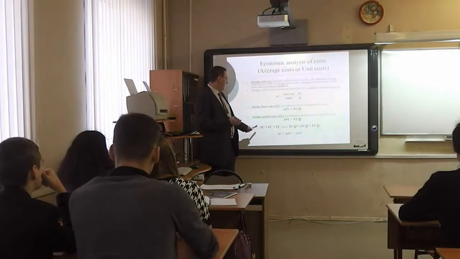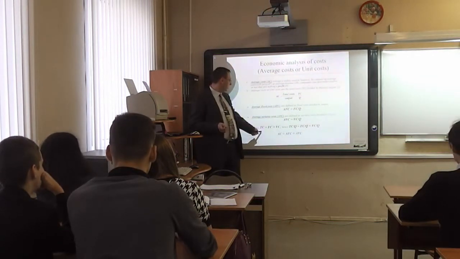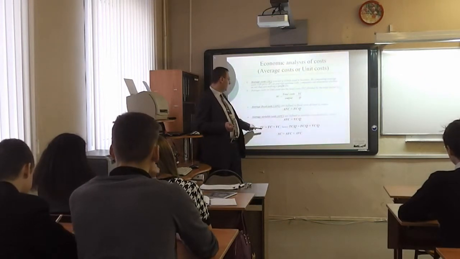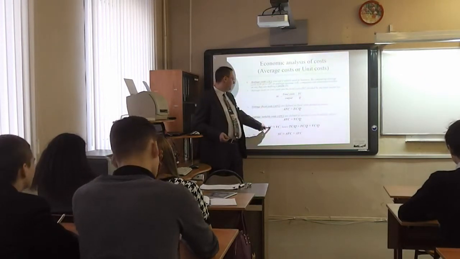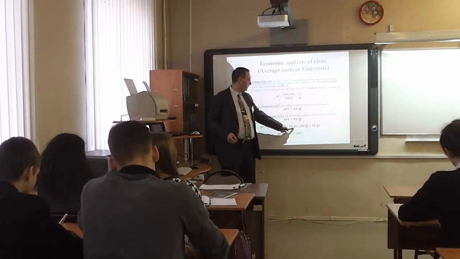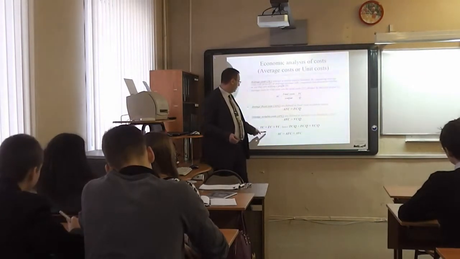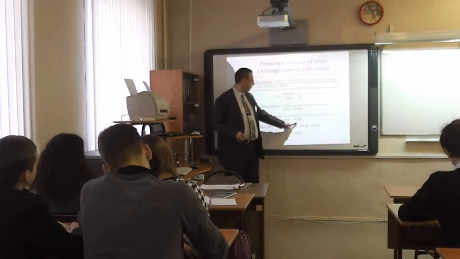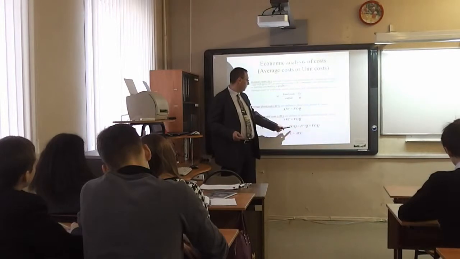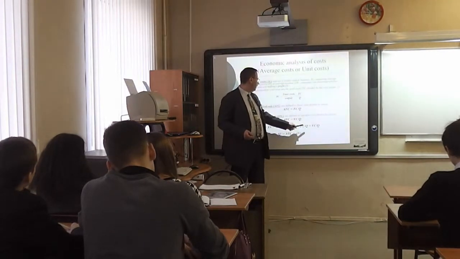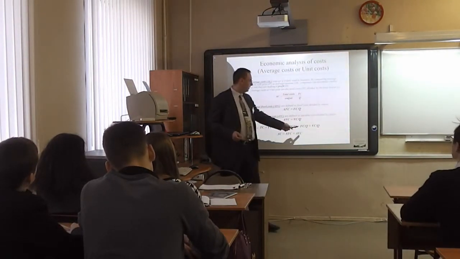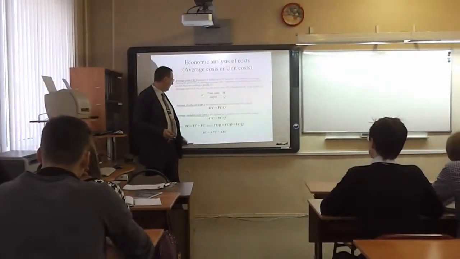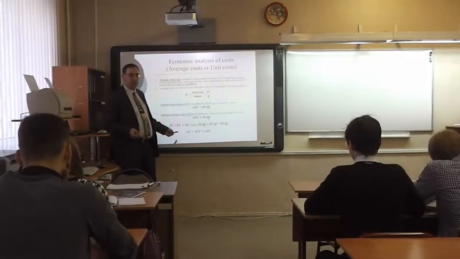So, since total costs, basic formula, are the sum of fixed costs and variable costs, if we divide the left part of the equation and the right part of the equation by quantity, then we get that total cost divided by quantity would be average costs, fixed cost divided by quantity would be average fixed costs, and variable cost divided by quantity would be average variable costs. So we get a similar formula